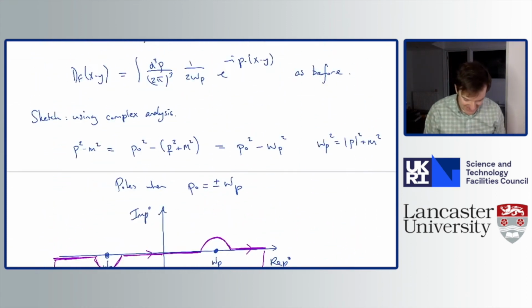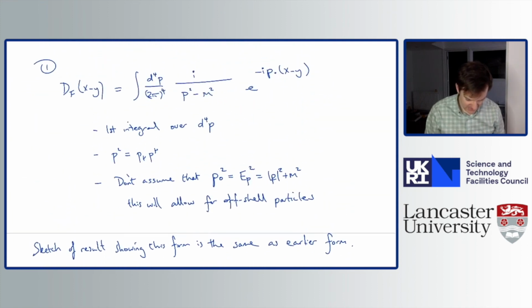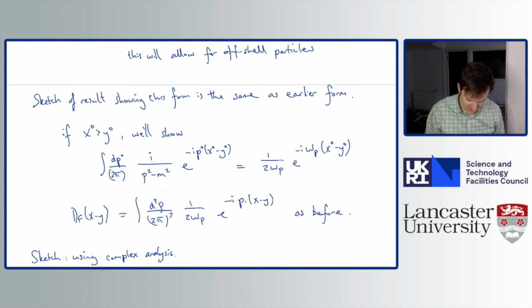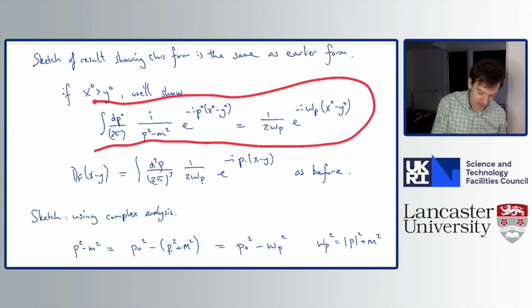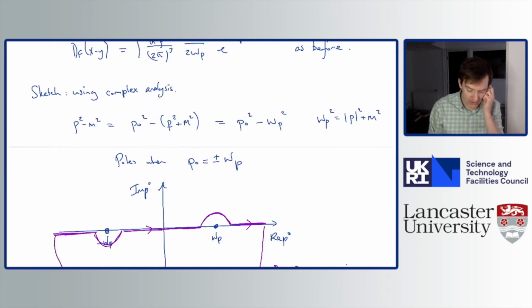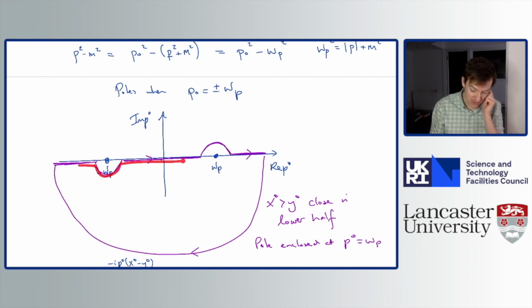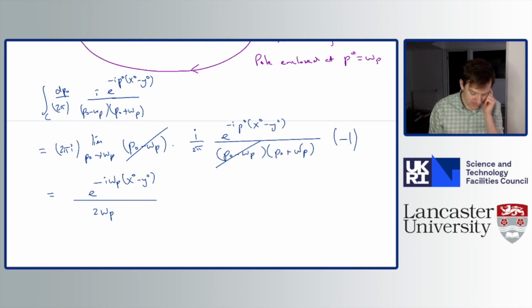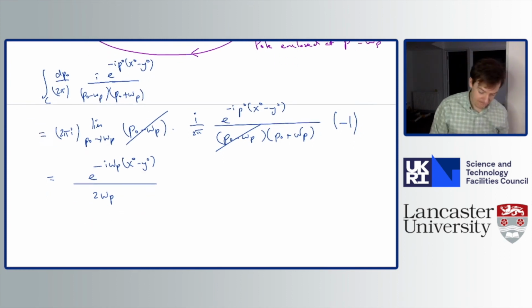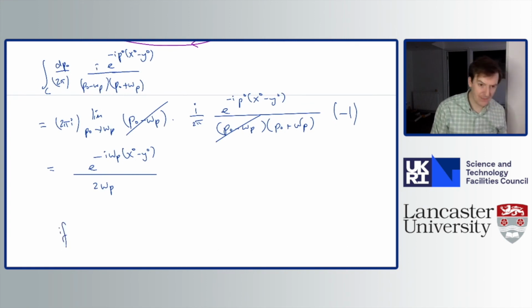Okay, so this is how you can recover the result that we wanted to show. If x naught is equal to y naught, and if we choose our contour in this specific way, we have the result that we wanted. Now, if y naught is greater than x naught, so if we consider the other case,